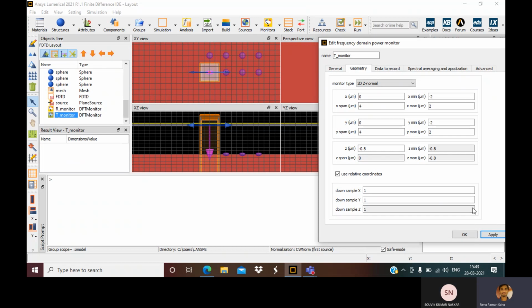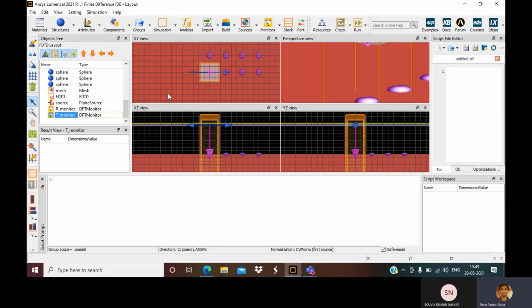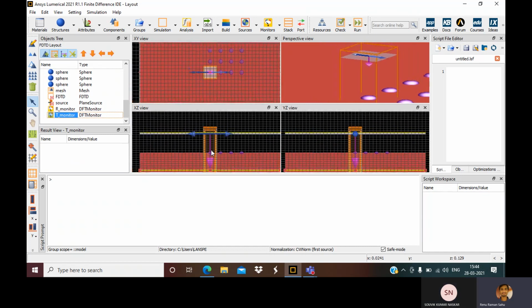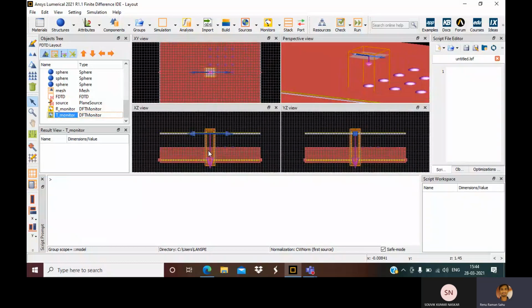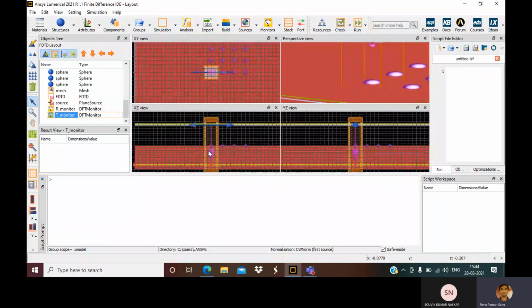So now let us see how it is. Now you see this is the transmission monitor, and it is extending beyond the simulation region, but it is still inside it to take the signal.